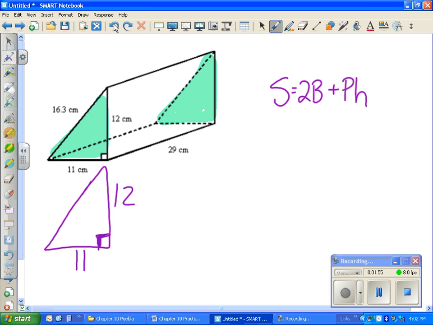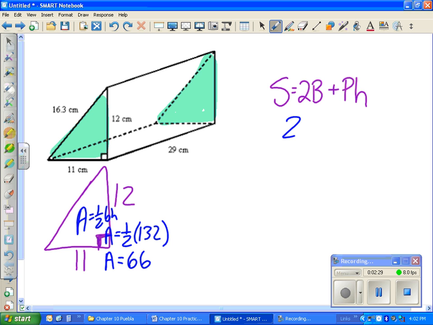So we have 11 times 12. How do you find the area of a triangle? Well, area is 1/2 base times height, and you should know that. 11 times 12, we're at 132. And then what's half of 132? I have 1/2 times 132, and that is going to be 66. Now remember, I'm going to give you guys the use of calculators just so you can calculate stuff a little bit faster. So we know that one of the bases is 66, and 2 times the base is 66 plus,